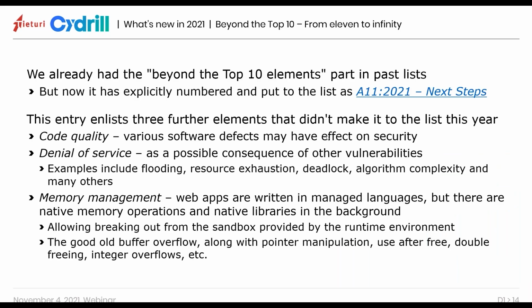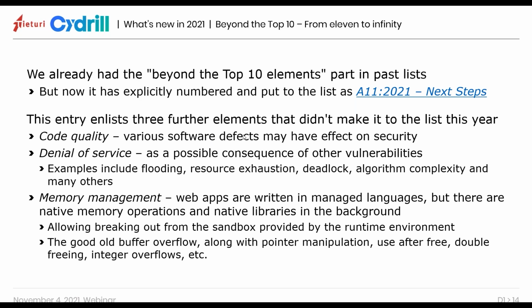Of course, there are many more than 10 security issues that threaten web applications. OWASP recognizes this too, so they have an 11th element on the list that identifies 3 broad areas where critical vulnerabilities tend to be found. The first of these categories is code quality, which is various language-specific mistakes that lead to underperforming and non-robust code that can be either